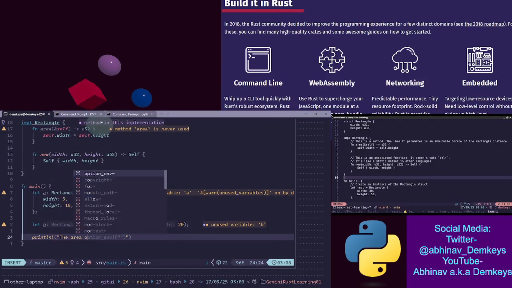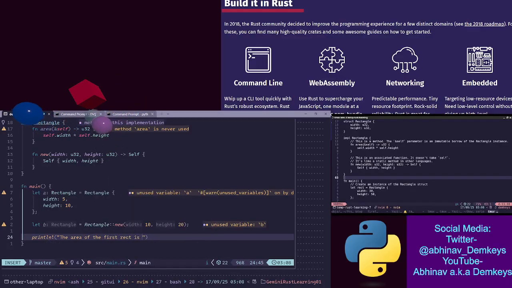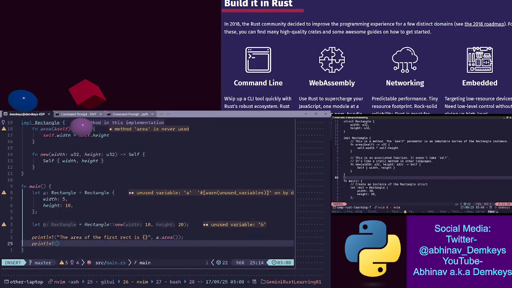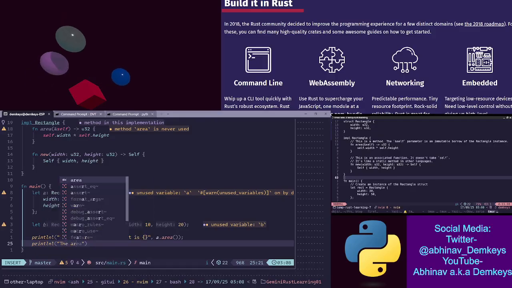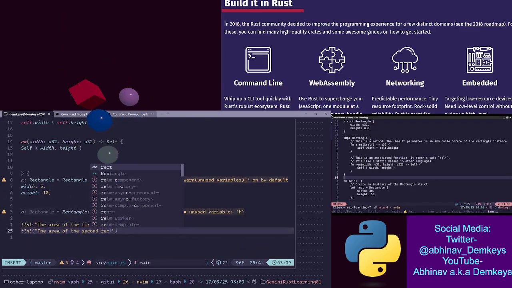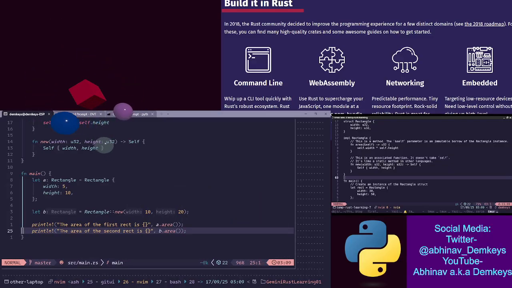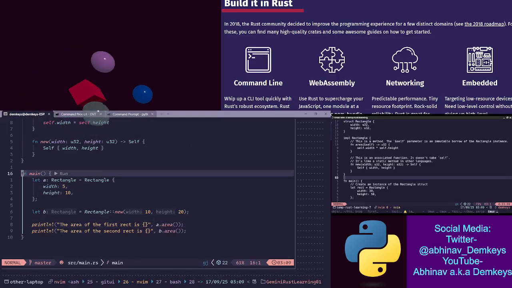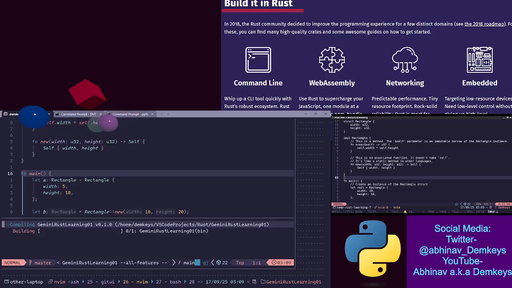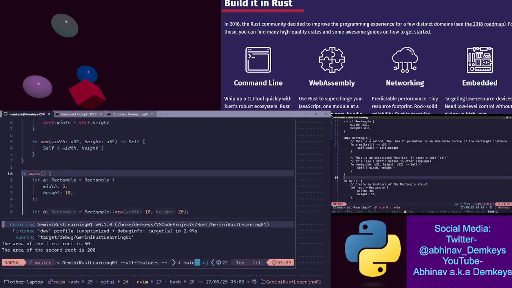The area of the first rect is this, so that can be a.area, and then the area of the second rect is this, and then we can do b.area. Okay, now we can run this. All right, there is our output.